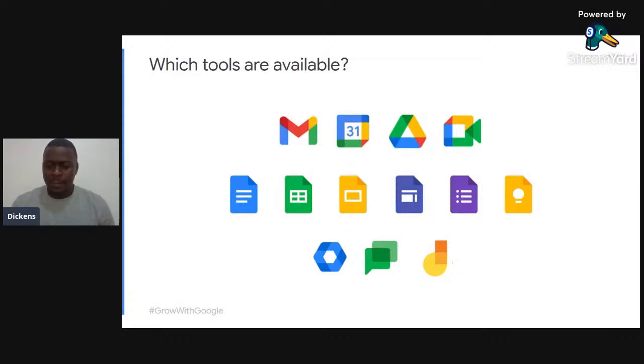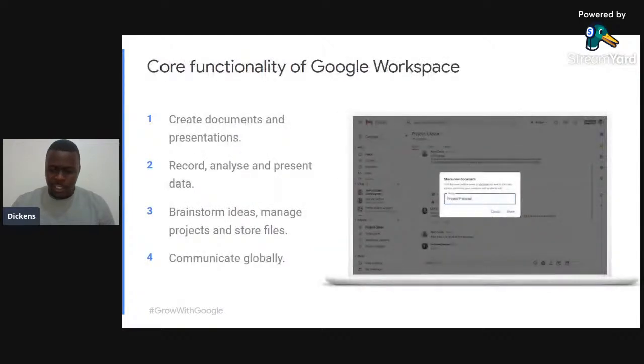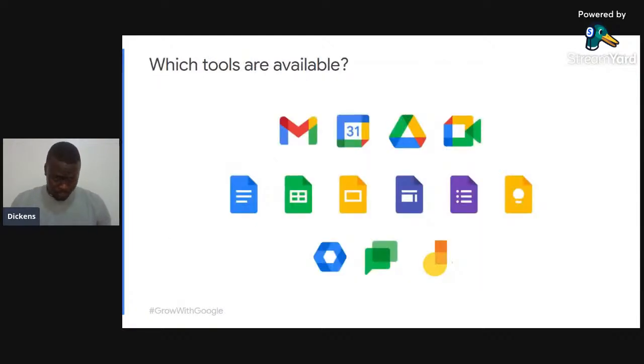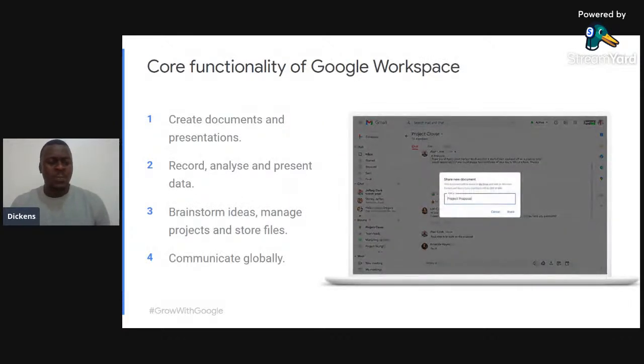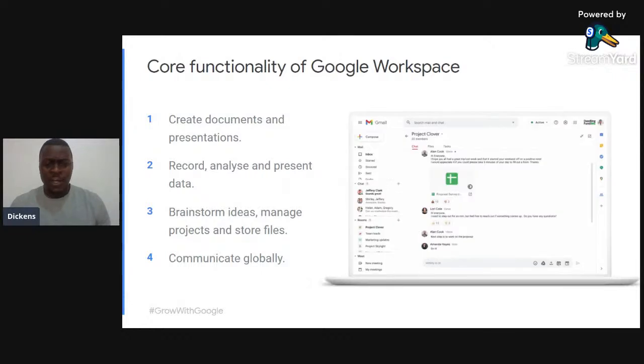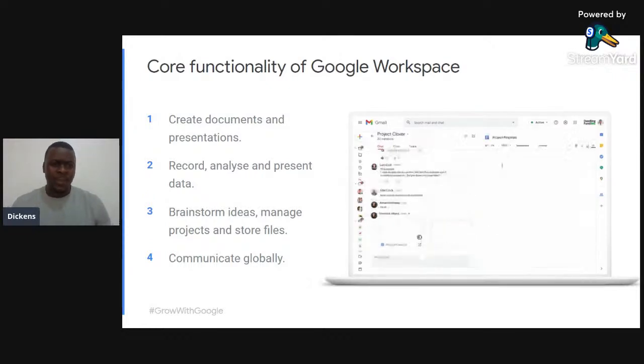Rather than taking you through a lot of theory, ladies and gentlemen, I'm going to pick two tools in each section and show you how you can collaborate using them. So let us look at the core functionalities of Google Workspace. How does Google Workspace function within an organization or business?